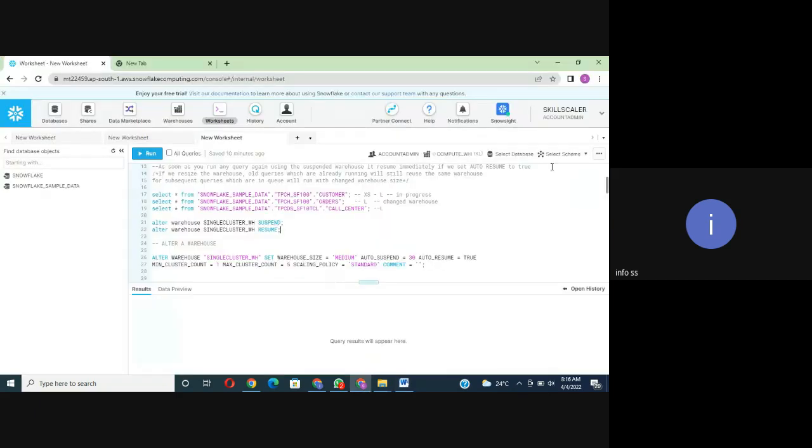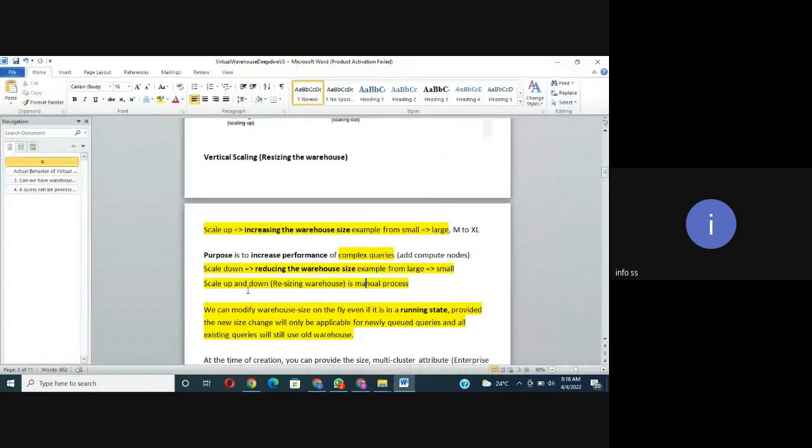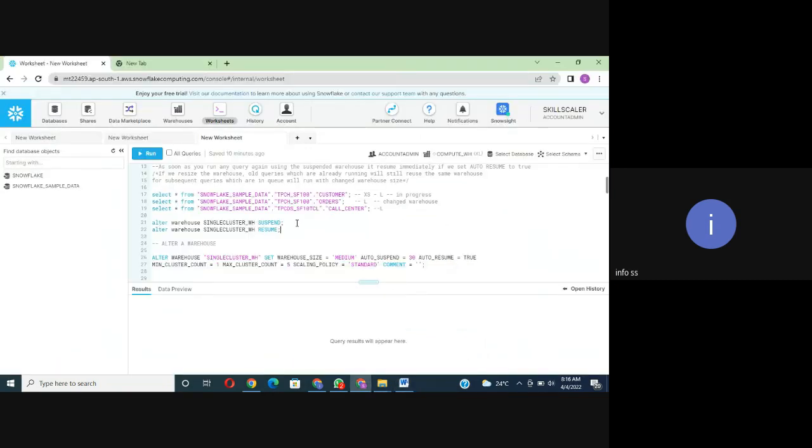This is another important question with respect to interviews and certification as well. So scale up and down are manual processes. That is, Snowflake itself will not be increasing or decreasing the warehouse size. Based on your query complexity, you can select the warehouse size. And even while queries are being executed, when the queries are in progress, you'll be able to resize, that is increase or decrease the